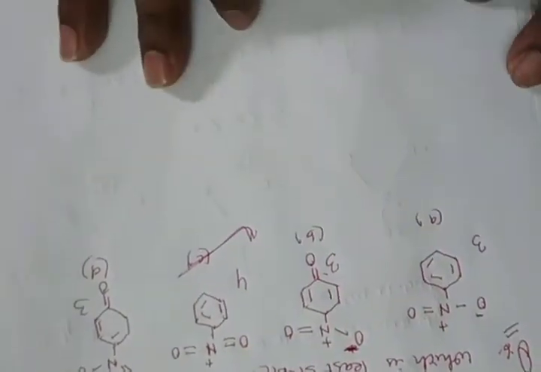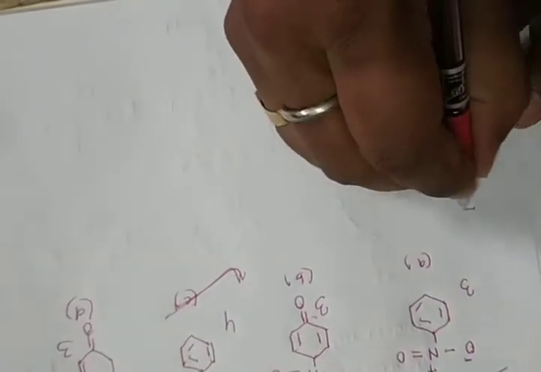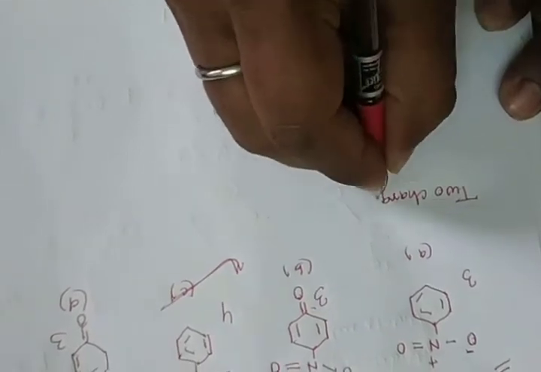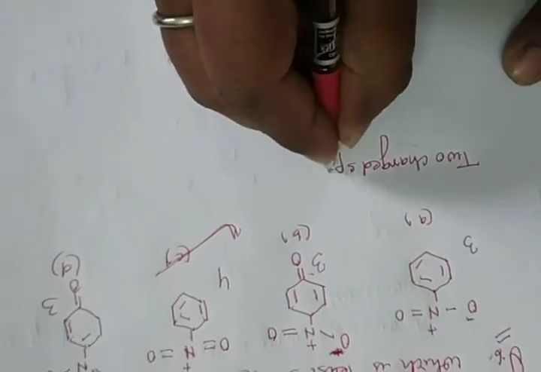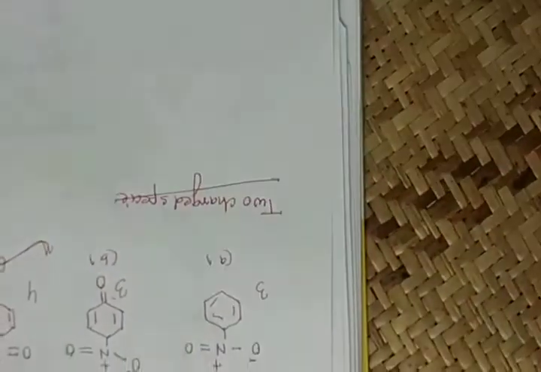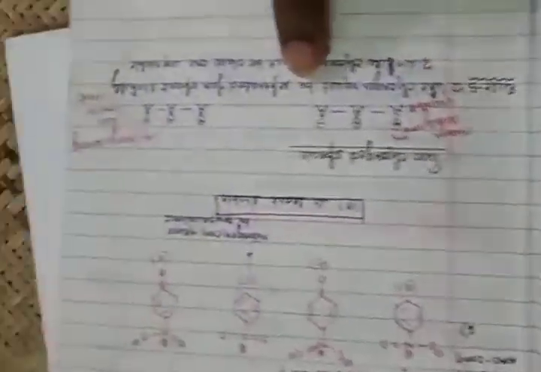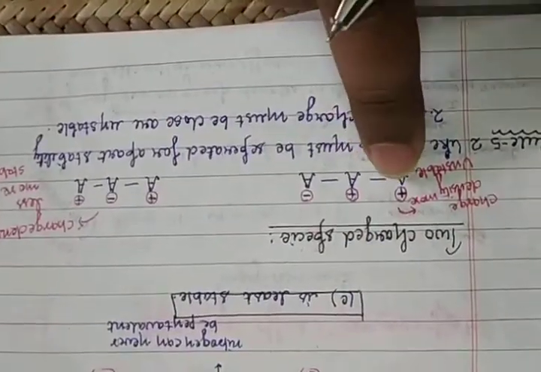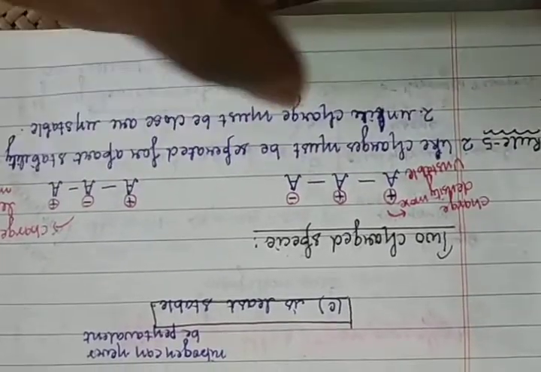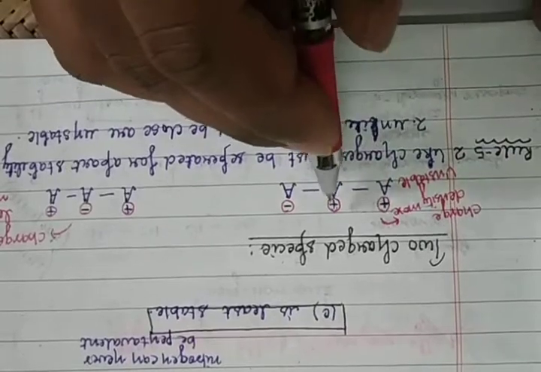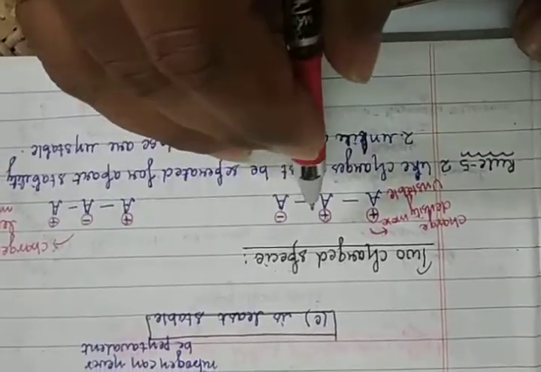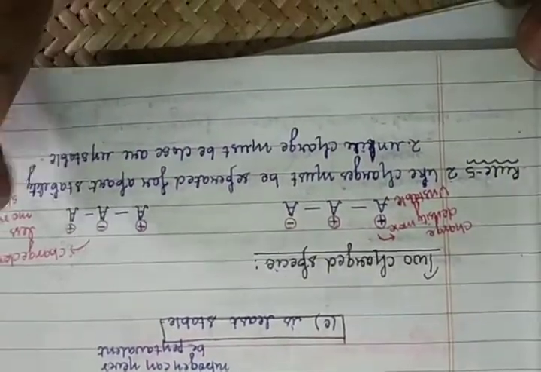Clear? Okay. Now the next topic is 2 charge species. Okay, now I have notes on 2 charge species. Just check, there is a two charge species. Suppose you have 3 types of atoms arranged with covalent bonds. Now in this case, A contains positive, A contains positive, and A contains negative. The same charge on both compounds. There is 2 plus 1 minus, it means 1 plus.